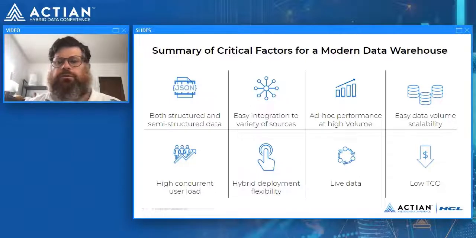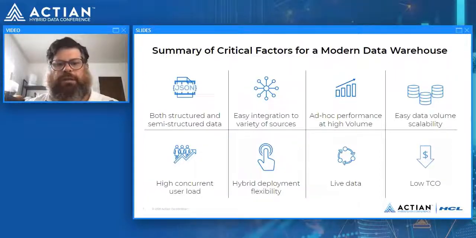Then high concurrent user load. Unlike something like Redshift where you have to balance data coming in versus who's reading that data, and you have to do a lot of things at night not to interrupt your reporting users, that doesn't happen with Vector. You can have concurrent user loads reading your data while you're doing live updates to your data as well, because the mechanism that it does underneath the engine of bringing in real data into the log, into memory, while people are querying it. And you don't get that locking,